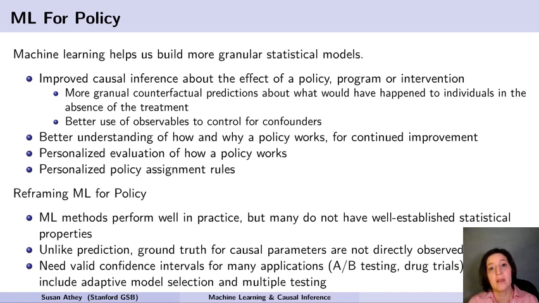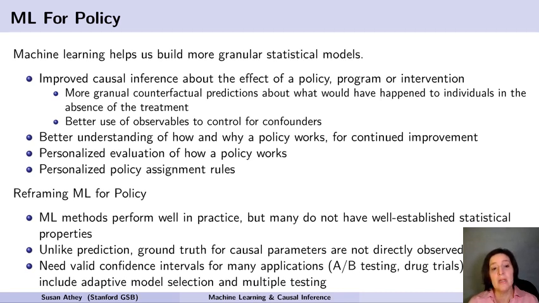Unlike that case, for causal inference, people don't walk around with treatment effects stamped on their foreheads. We don't know what the ground truth treatment effect is. We don't know what would have happened to you if you hadn't taken the drug, if you're in the treatment group. And we don't know what would have happened if you had taken the drug if you're in the control group. So we don't actually have the ground truth for each individual, and thus we have to do a little more work to figure out how we're going to assess the performance of causal inference methods for machine learning.